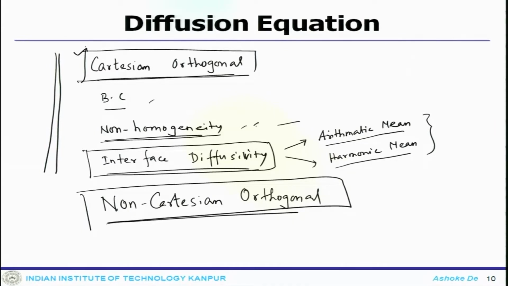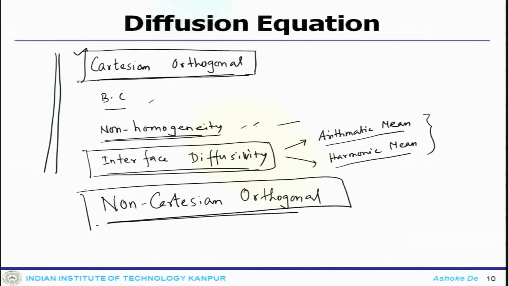In this context, we have done the Cartesian orthogonal system, which is probably the simplest of the systems, because here all the points are orderly placed, the cells are orderly placed, and you can track the local indexing and global indexing in a simple fashion. And then from the Cartesian orthogonal system, we will move to the non-Cartesian orthogonal system. That will be the next level. In that case also we have to implement the boundary conditions, and we need to take care of the diffusivity coefficients which vary along the space.